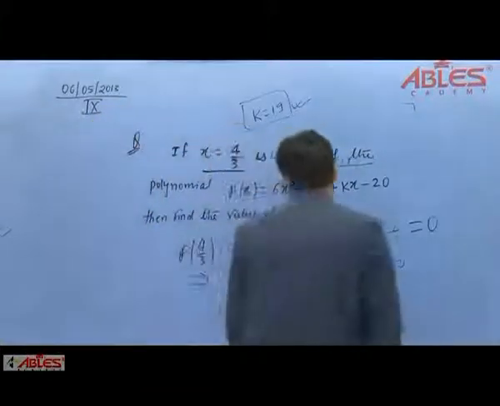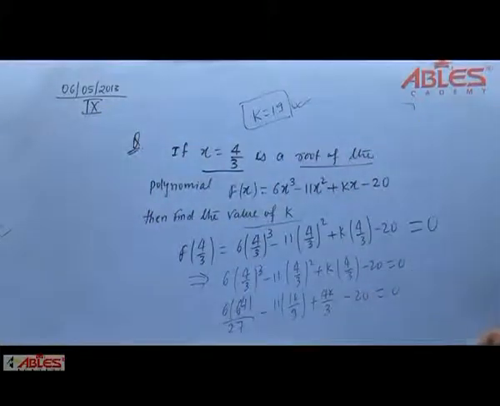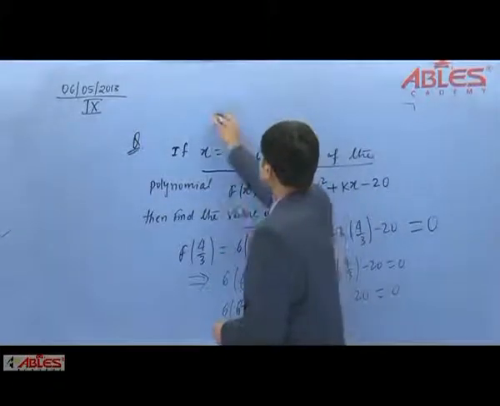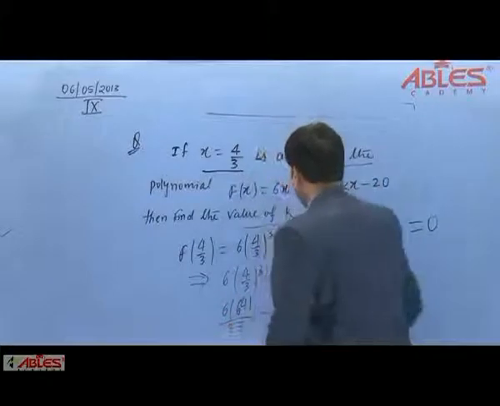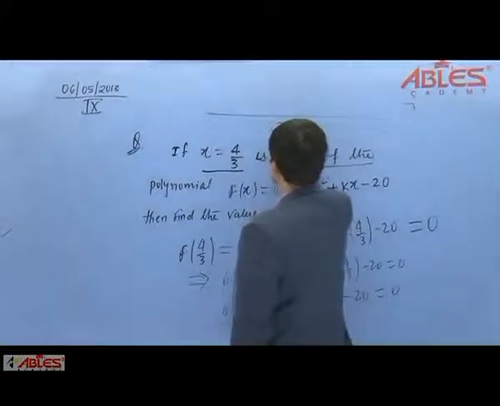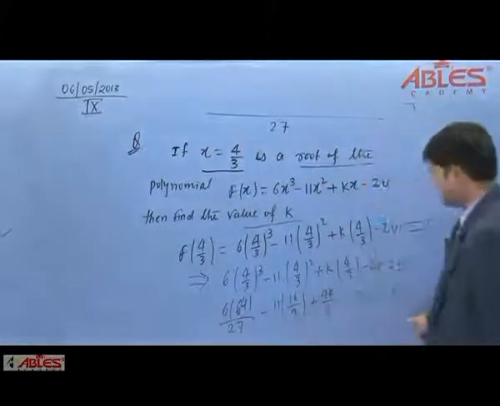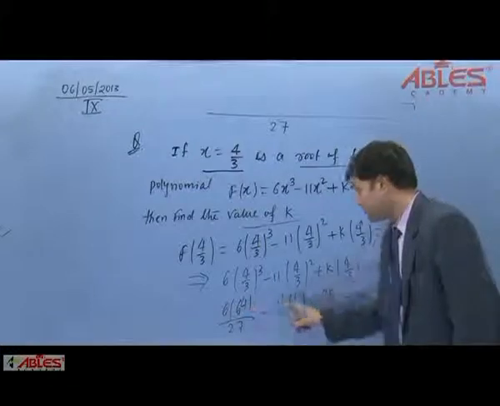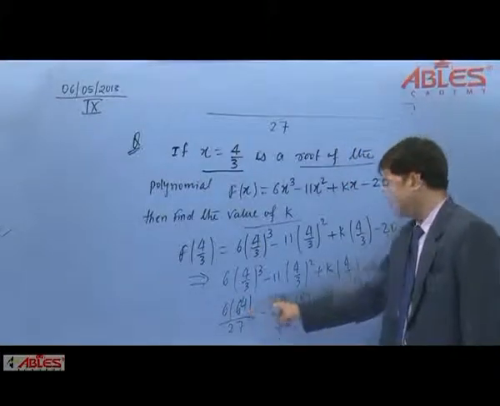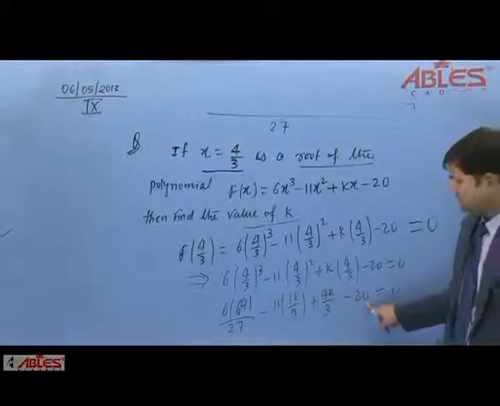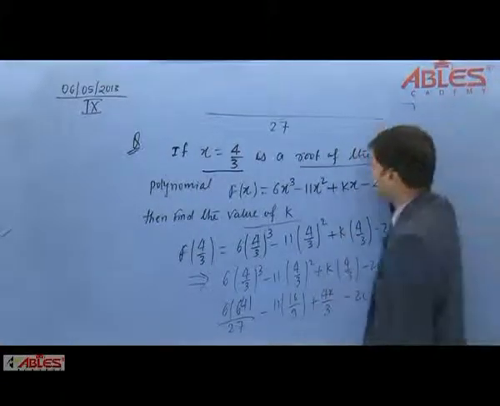Okay students, now see, we are getting this here. So you can take LCM and you will get 27. Before taking LCM you can further simplify it somewhat. You can take 4 common. You can see here this is 64, 16, 4 and 20. So for simplification we can take 4 common first.